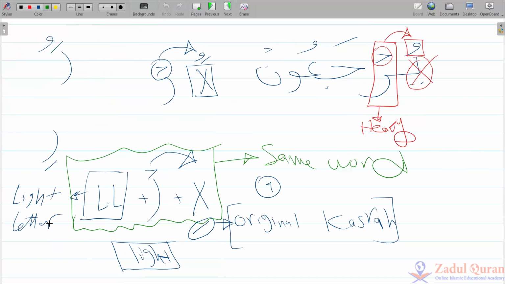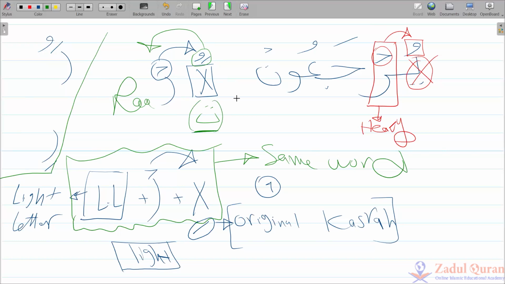Very good. So again, when Ra is with fatha, heavy; dhamma, heavy; kasra, light. When Ra is sakina, check the previous. When the previous letter has a fatha or dhamma, it's a heavy Ra. Heavy Ra, not heavy X. When this X has a fatha or dhamma, fatha and dhamma affect the Ra, not the X itself. Focus, because this is important. Let's say this X is ta. So ta with fatha, ta with dhamma is still light. So we don't judge the ta now.